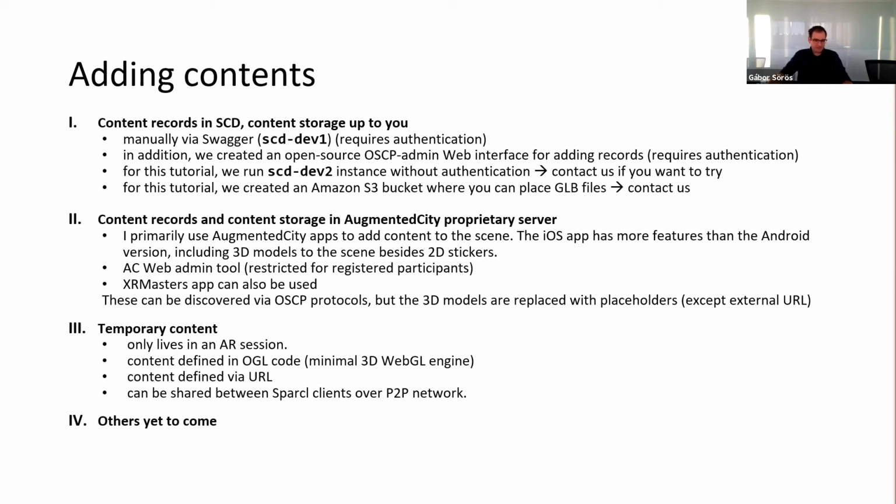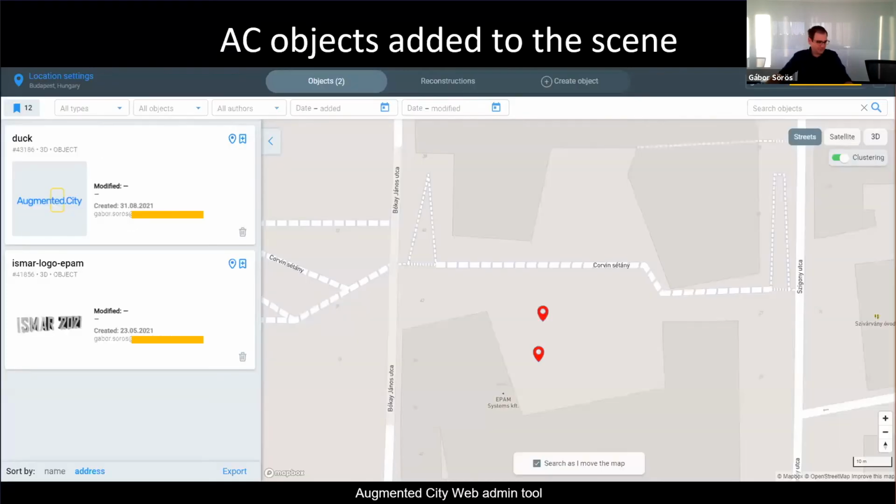And there's a third way that I also implemented, which is temporary or programmatically defined content. We have this simple 3D engine, and you can define primitives and place them where you actually want in the scene, either in your code, or you can just click in the user interface. I will show it in a second. The good thing about this is that these are so simple that they can even be shared between clients over the PTO network very quickly. And we would love to add a lot more ways of content creation, but this is really at an early stage.